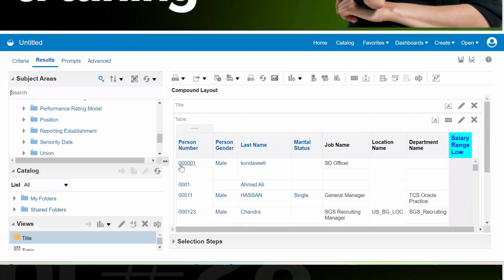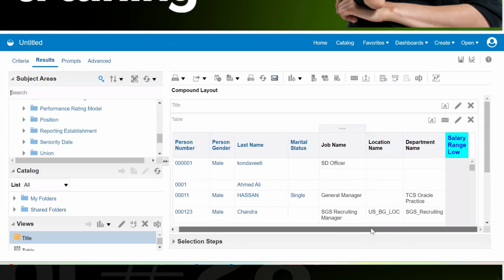Okay, for this particular person number, the person name is this, last name, marital status. He is working as an SD officer, and for that SD officer there will be some data related to the salary. Let's save this.